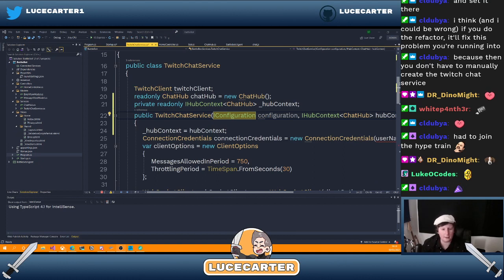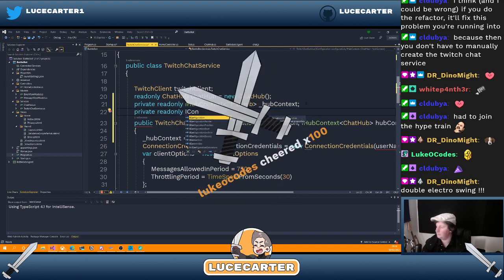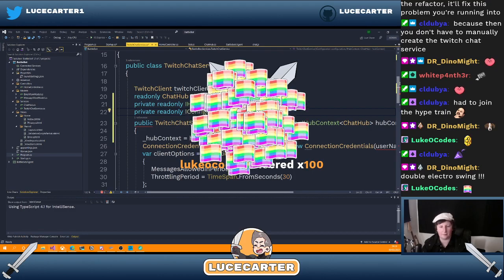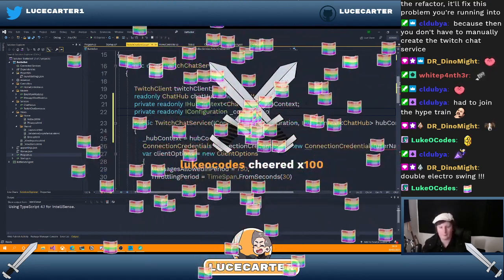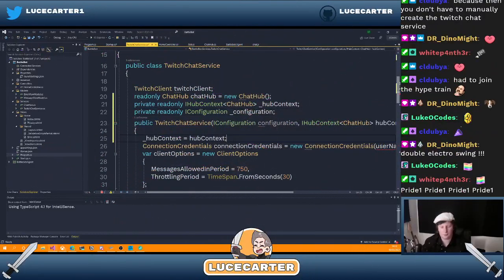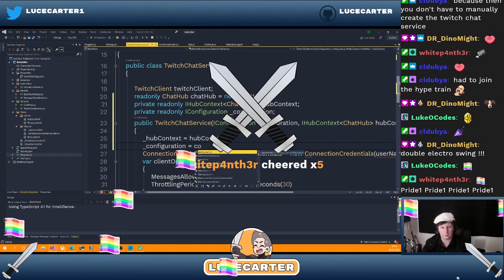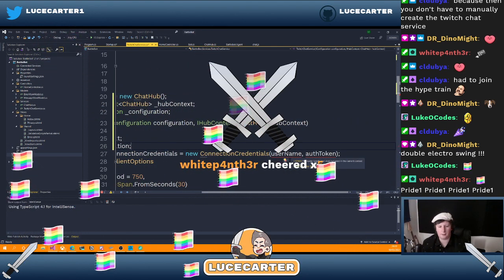Okay, so we take configuration. So rather than taking username, we're going to do private readonly IConfiguration configuration. Oh my god, all these bits. It's crazy. Thank you, everyone. Then configuration is going to be equal to configuration. Then in here we can say